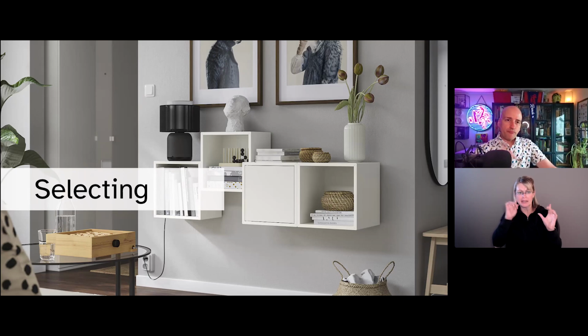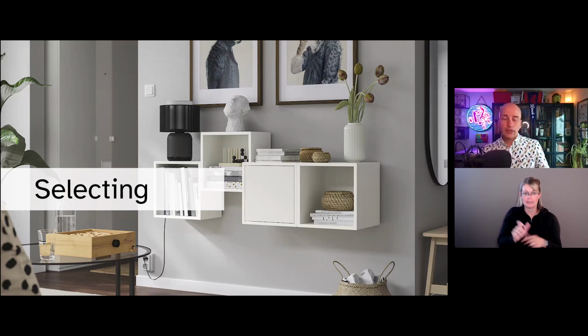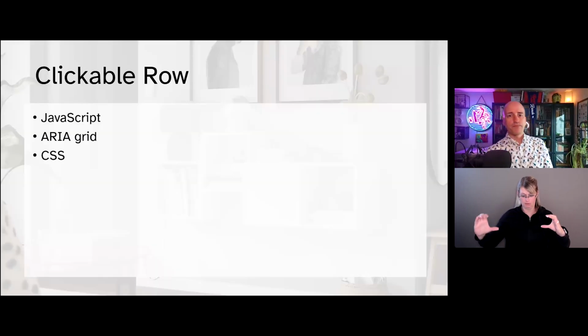Okay. Talking about selecting rows now. So a nice thing about using the label element is it gives users a larger hit area, but it's also not uncommon for authors to want an entire row to be clickable as an even larger hit area. So for this section, I'm going to discuss selecting stuff in tables. The photo here shows 4 wall-mounted cube shelves. One of those shelves is significantly higher than the others, almost like it's shouting, "Pick me, pick me."